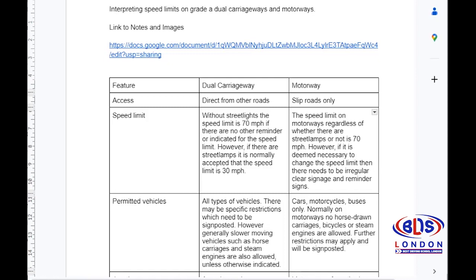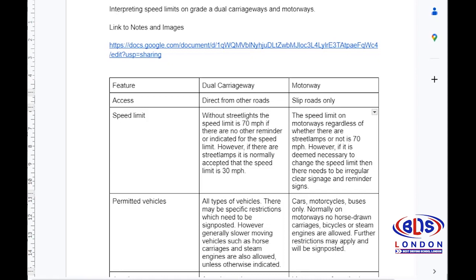Okay, so let me give it to you. On a dual carriageway, the national speed limit from the national speed limit sign is 70 miles per hour. On a motorway, the national speed is 70 miles per hour. So there is actually no difference on a dual carriageway and a motorway on the maximum speed limit, which is the national speed limit. But what happens is on a motorway,